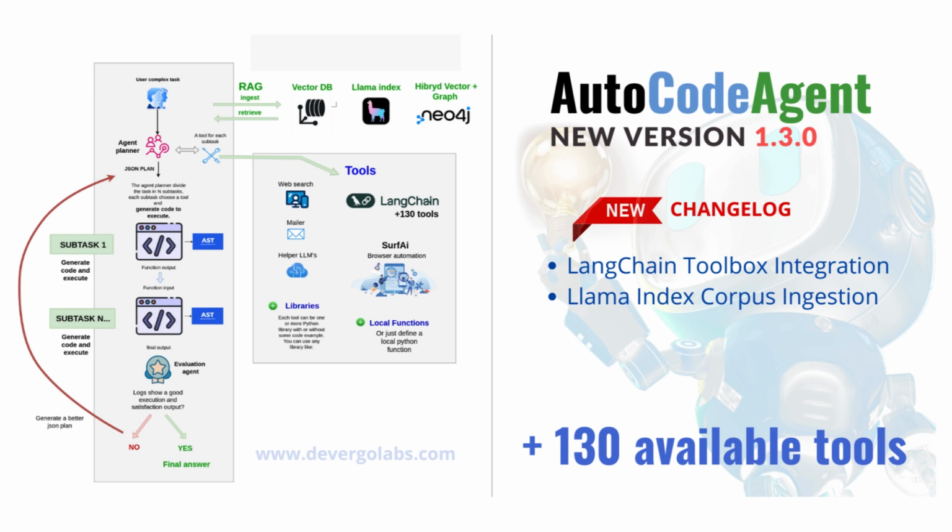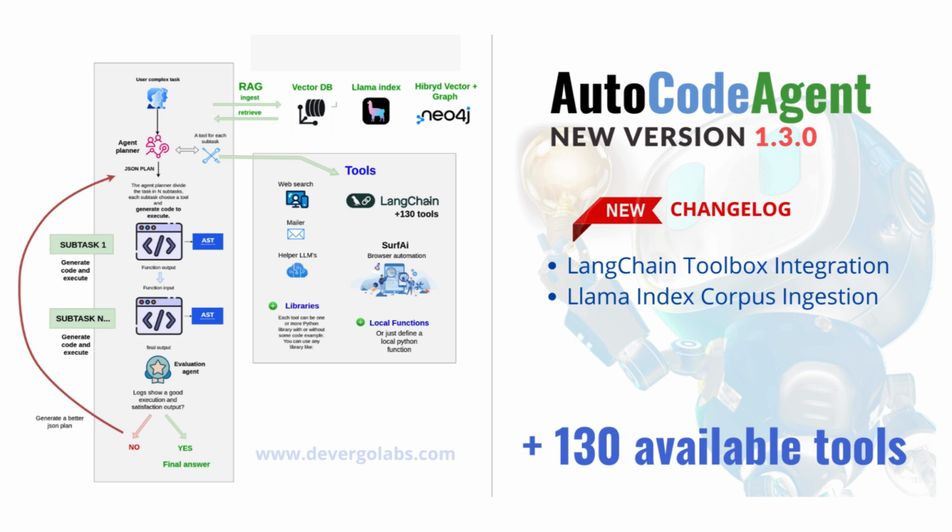Let's dive into what's new in version 1.30. One of the standout upgrades is the integration of Langchain's Toolbox. Now you can access over 130 powerful tools simply by specifying the tool name. Imagine that. This enhancement means you can effortlessly tap into an extensive list of functionalities to streamline and supercharge your workflows. And if you're curious to explore all these tools in depth, just head over to the Langchain Tools documentation